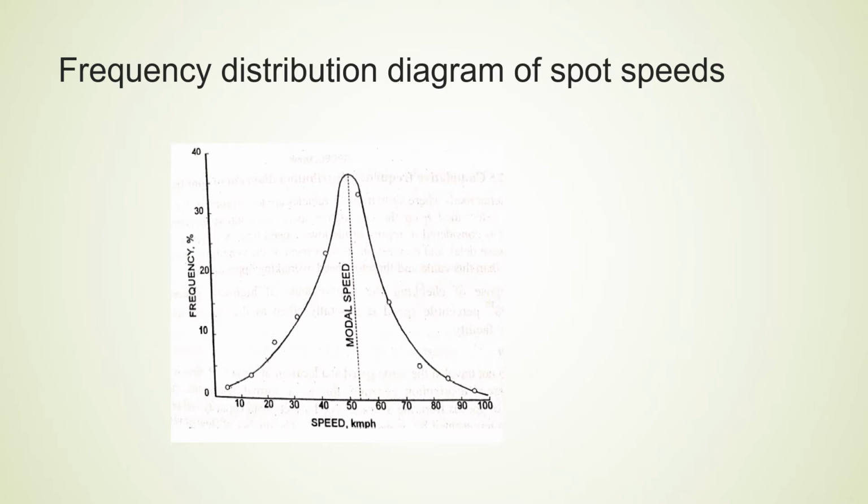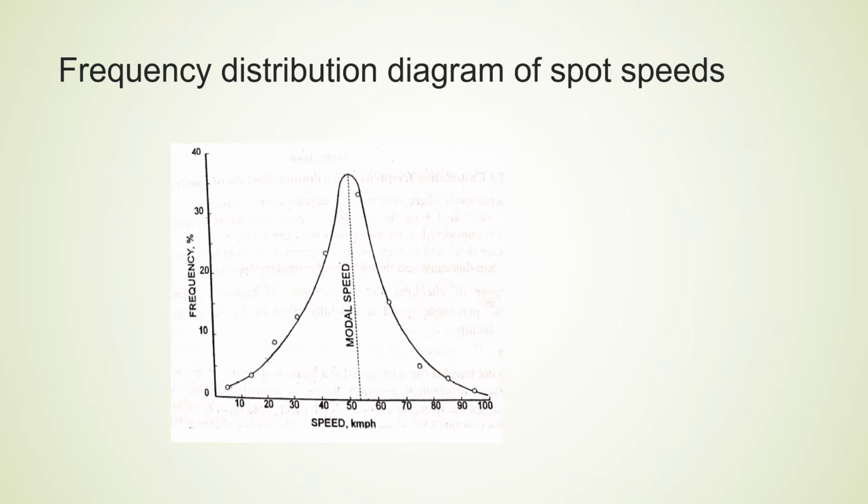This diagram will have a definite peak value of travel speed across the section, and that peak speed, as denoted by the graph, is called the modal speed. It is said that the maximum proportion of vehicles in a stream prefers to travel at about this modal speed at this particular location of the road. So what do you mean by modal speed? Modal speed is the speed at which the maximum proportion of vehicles would love to travel. Keep in mind that all these definitions can come in your exam.